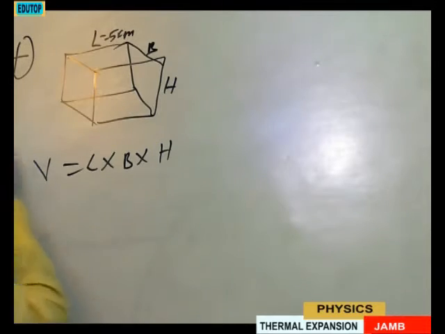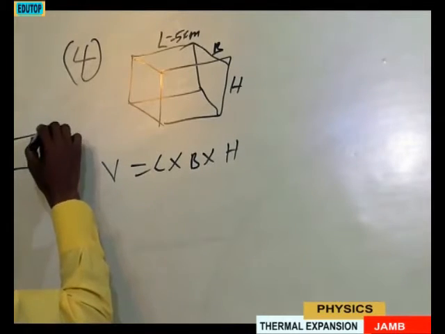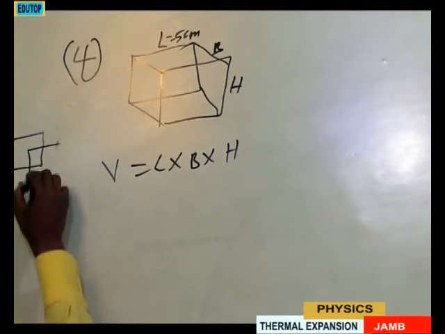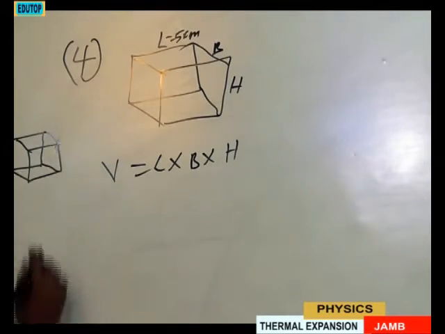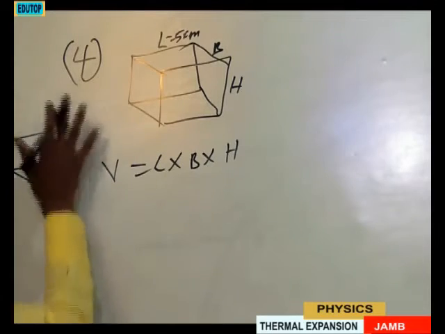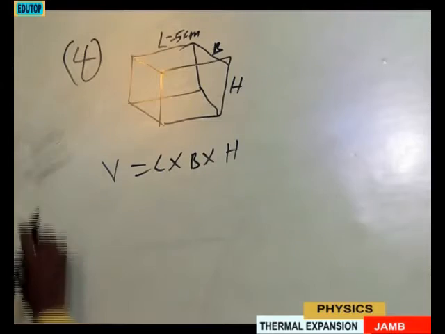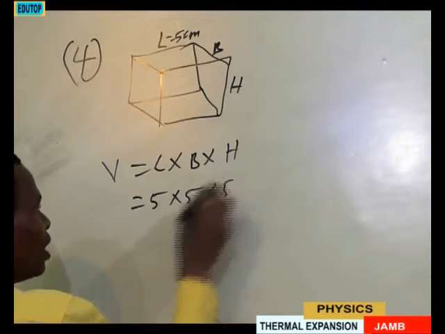It's the combination of squares that gives us a cube. This is a square, it has the same number of sides, another square gives us a cube. So all the sides are equal. So now, once we are given one side, automatically we can get the following: 5 times 5 times 5,